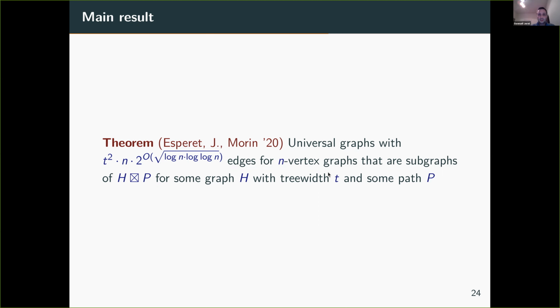And for those, if you bound the tree width, then we get a near linear upper bound on the number of edges in the universal graph we built. Dependence on tree width is t squared. So in the case of planar graphs, this is a constant. Okay,